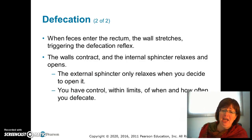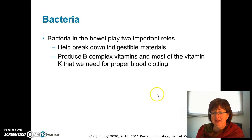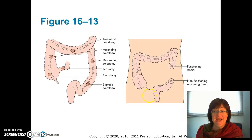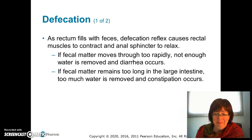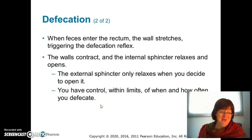Defecation is a fancy word for pooping. And realize that defecation is controlled by two different things. You have your internal sphincter and your external sphincter, and they both get controlled by the nervous system. The internal sphincter relaxes, and this is involuntary. The external sphincter is when you decide. So you have some control, with limits, about when you defecate. This is why small children take a while to learn defecation, and also seniors will lose it